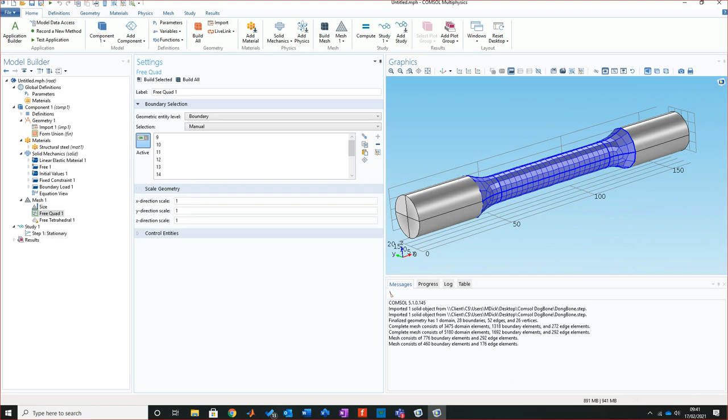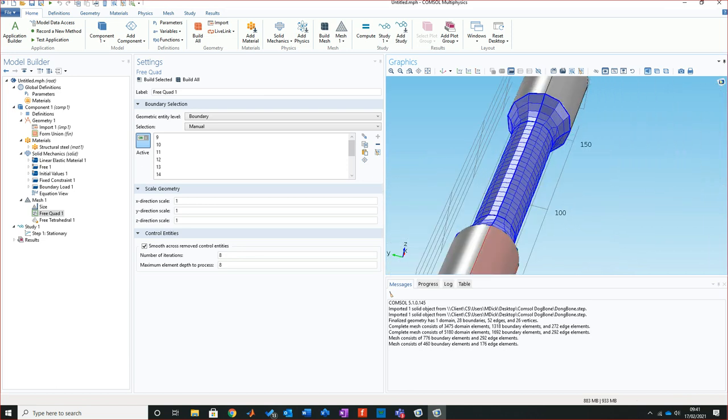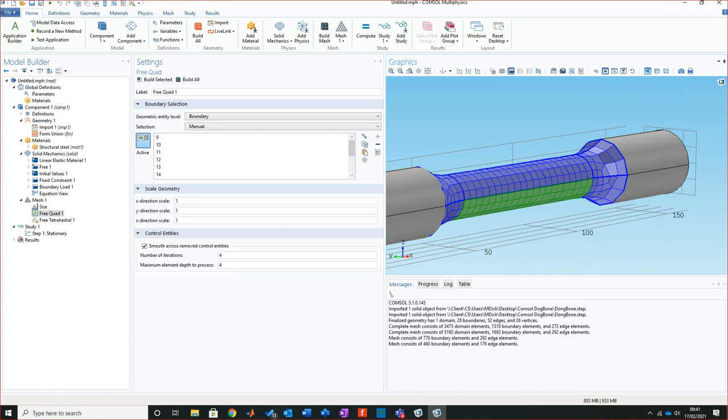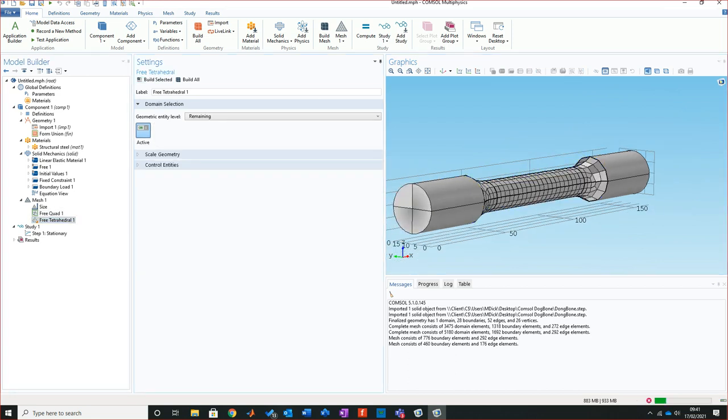Now you see here I've got scaled, I've got controlled areas, divisions of interaction. I can actually make that higher, so I could go to 8 if you wish. I'll show you what it does. If I do build selected, it just offers a little bit more refinement in particular areas. Now for what we're doing, I'm going to stay with 4 because I'm going to use a different tool here. So this just gives us this particular point, and then if I go free tetrahedron,